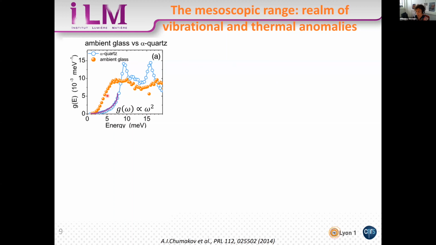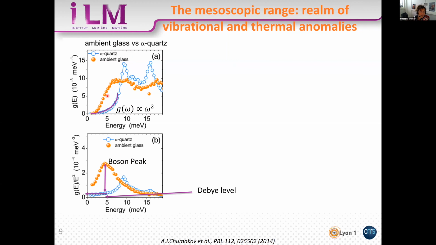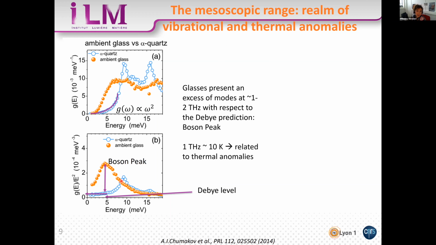This can be seen better if we normalize the density of states by the square of the energy. In the case of a crystal, we have a flattening here, which is the Debye level. But in the case of a glass, we have an excess of states. This peak has been called the Boson Peak, and there are several theories on its nature, but I won't enter into this detail. What is interesting to know is that this excess of modes appears at a few terahertz